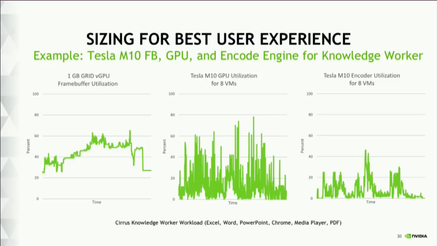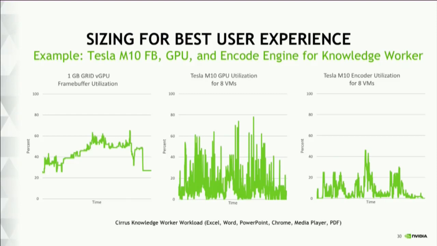But I don't need to go to 2, right? Or any other larger frame buffer. Now, if I were to do this same for a 3D worker, and I saw that they needed a 4 gig profile, because they're using 3.5 on average, well, again, all this works for them as well. With VROPS, you'll have an ability to go in and see all this data and make those decisions, right? If they complain about performance, you can go look and say, wow, you're really pegging full frame buffer, and that's probably overflowing into system memory, and there goes all your performance advantage, right?